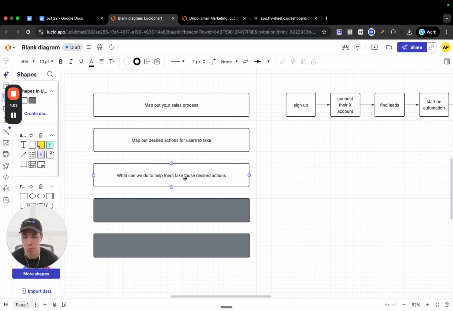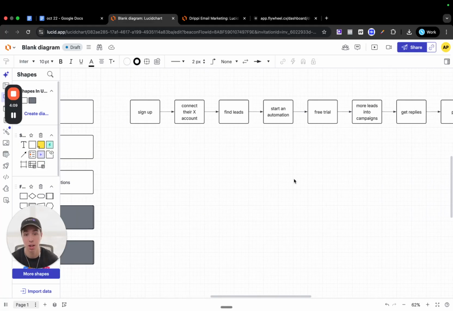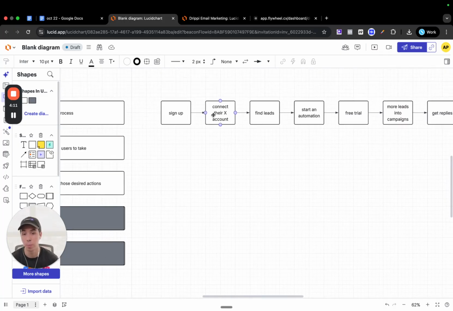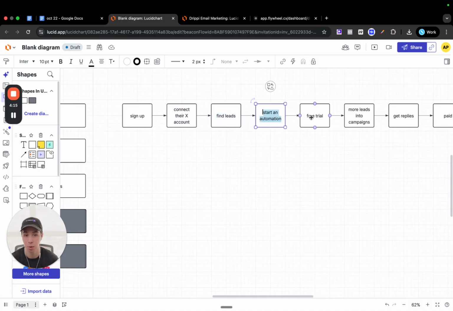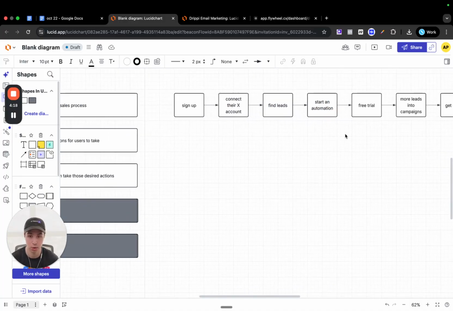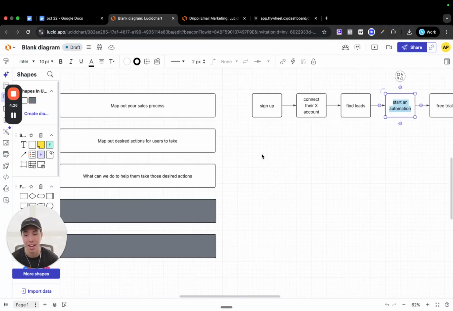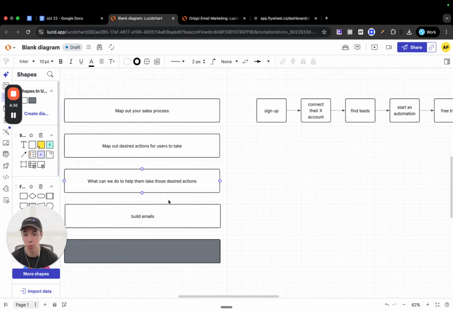Now, step number 3 is we need to think through what we can do to help them take those desired actions. What do I mean by that? If we know that they need to connect their account, find leads, start an automation, and then start their free trial, how can we make it so that they actually connect their account, actually find leads, actually start an automation, actually start a free trial? And so you need to think about the reason as to what, and then build emails